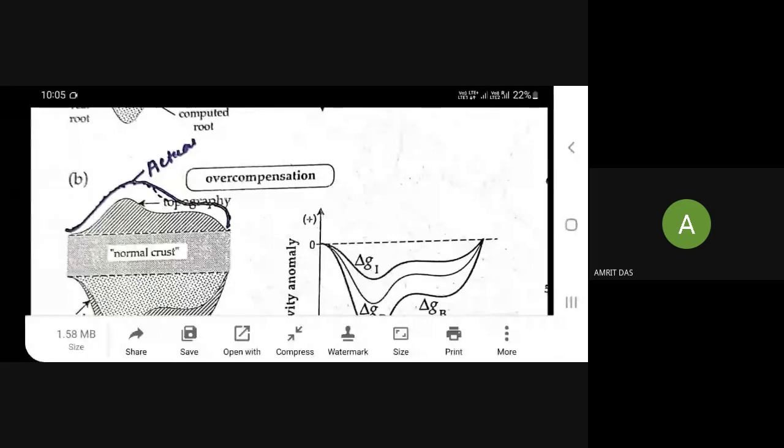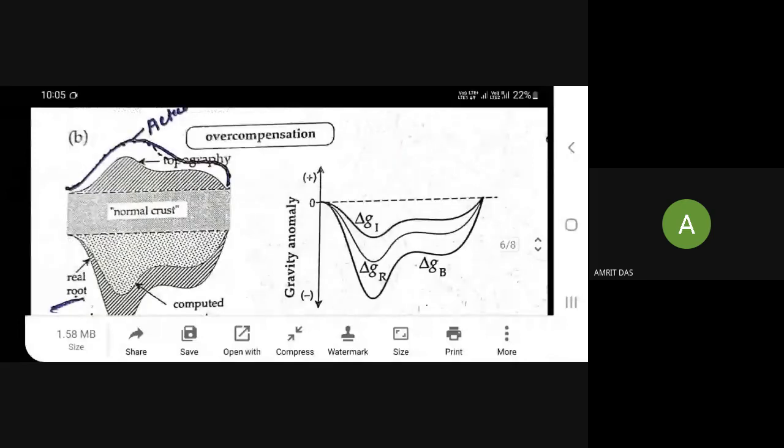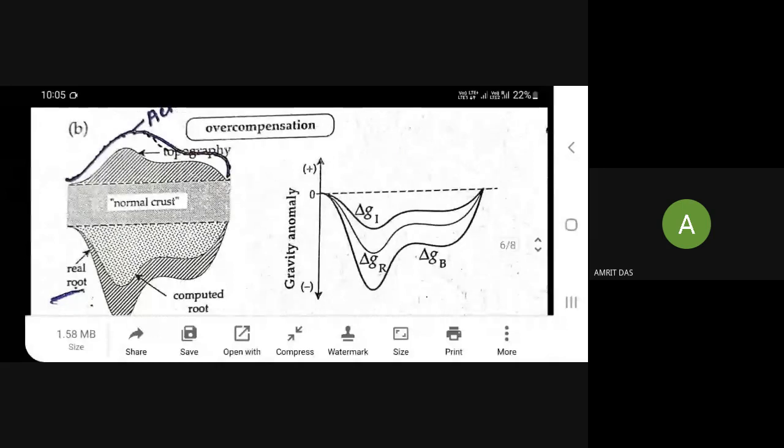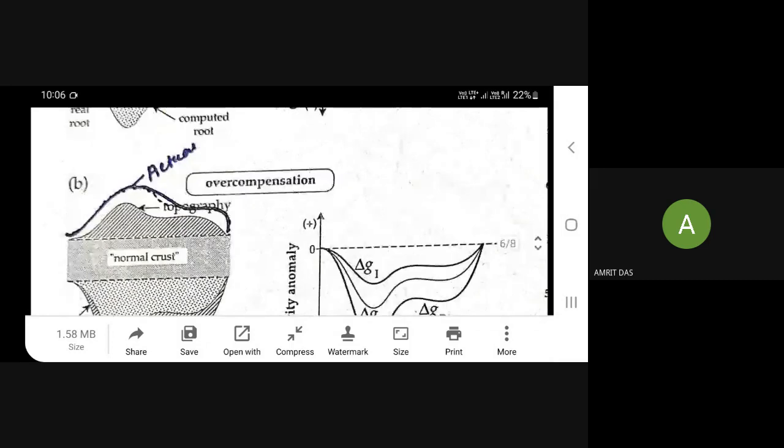Let's say the topography you had before, 5 years ago, is what I have written as actual. But after erosion, your topography is now this amount. A computed root means that whatever topography you see at present, according to that you can calculate the computed root. But the real root is whatever it had previously; according to that the real root can be calculated. Okay, so in that case